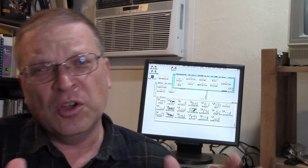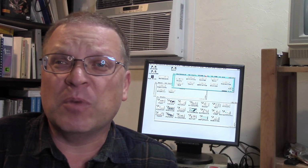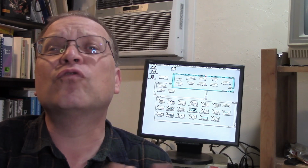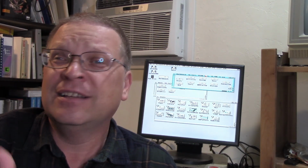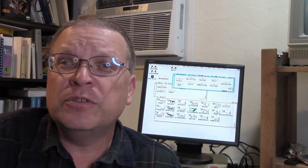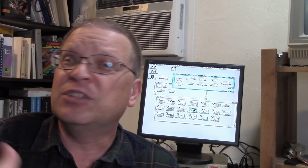So what are these new modes good for? We're talking 64 colors with only 4 displayable at one time, but rock solid interlace modes. These are great for having your workbench on a nice VGA monitor, rock solid. If you've got a monitor that can handle both 15 and 31 kilohertz, you do your workbench stuff in these rock solid modes. You use a mode promotion utility like NewMode to promote your software to these rock solid modes. So you're doing your word processing at 640 by 480 or even 800 by 600 if your particular